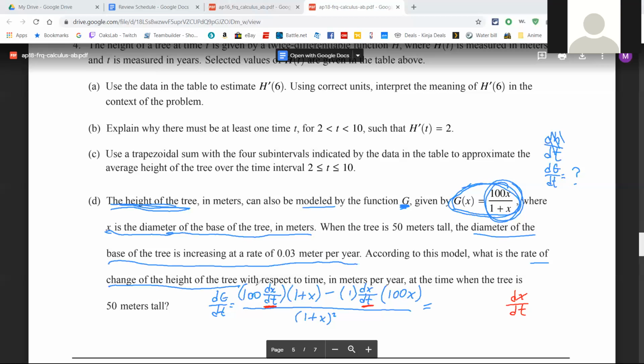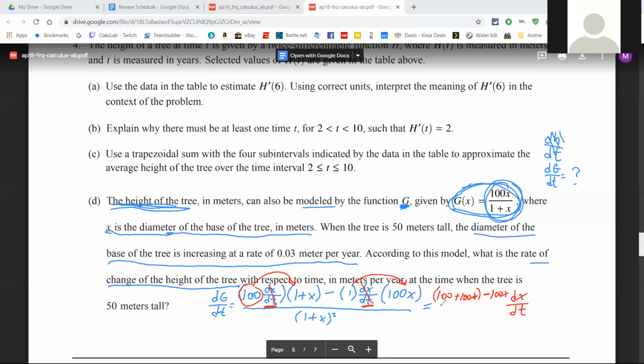I still have 100. I have to distribute that to this parentheses. So there's just 100 plus 100x minus, this is already gone because I already factored that out. And then I still have 1 times 100x, which is just 100x